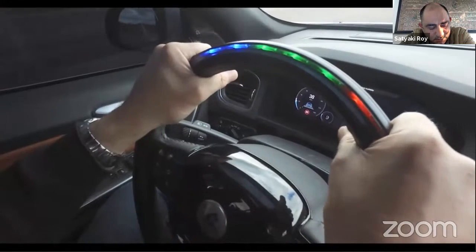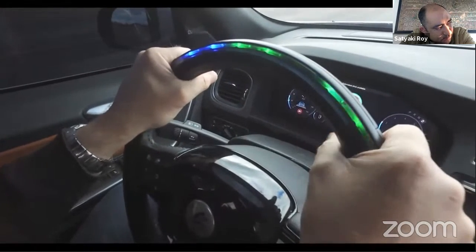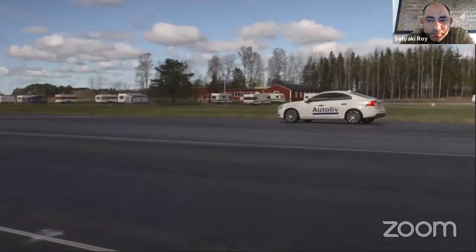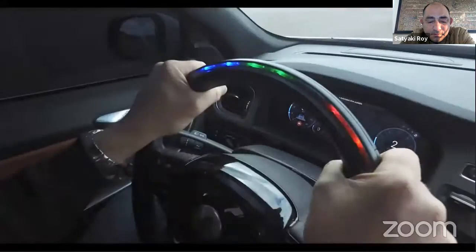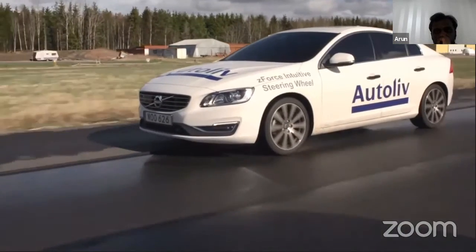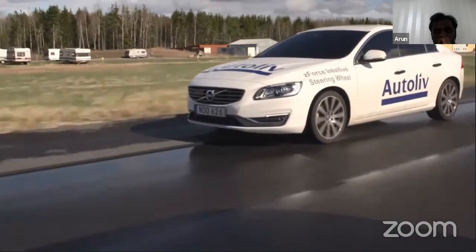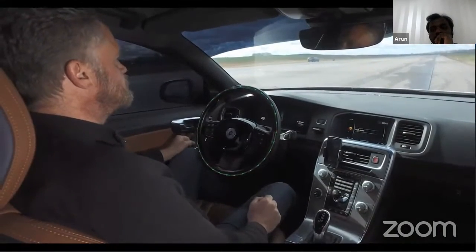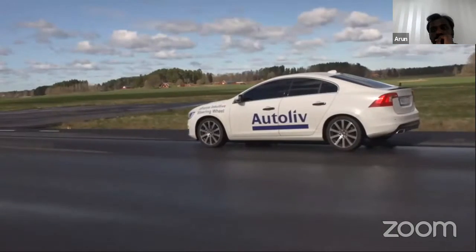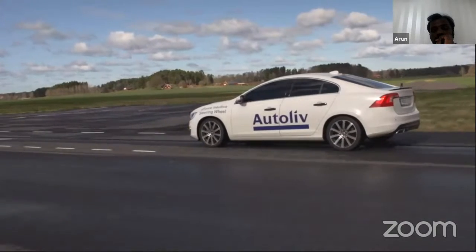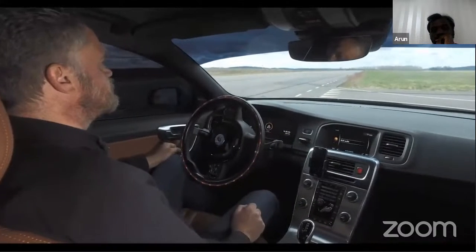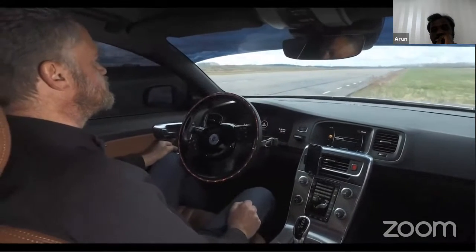A simple tap on the touch surface can accept or decline a telephone call, and a long press can be applied on the steering wheel to increase or decrease speed. Auto drive activated. Warning, driver attention required. To have a safe stop, the vehicle warns the driver to take back control. The vehicle senses that the driver does not grab the steering wheel, so it slows down to a stop and gets out of the main traffic lane.